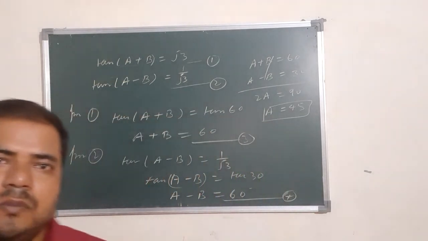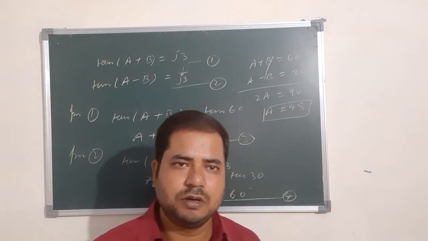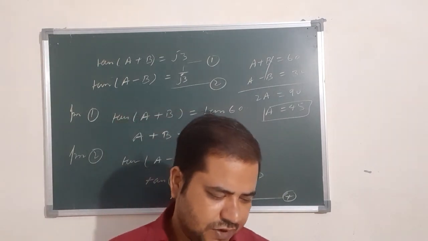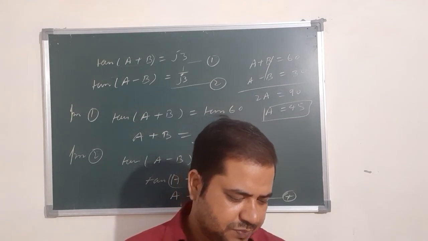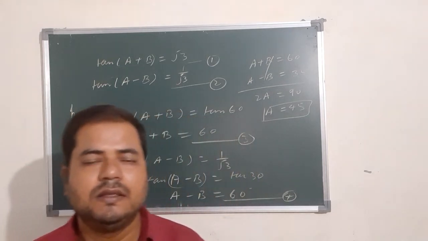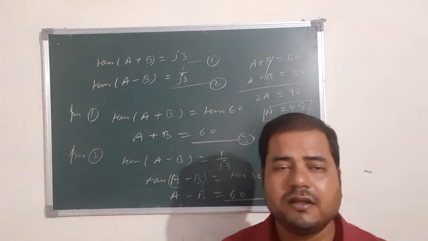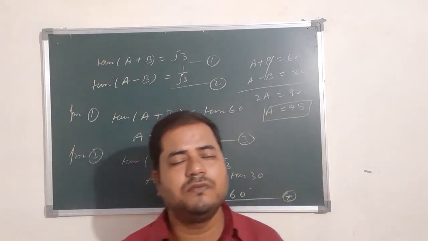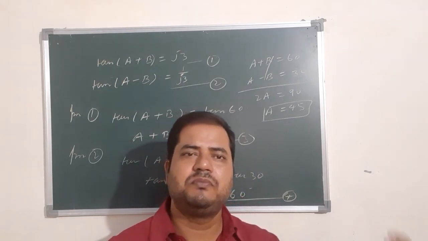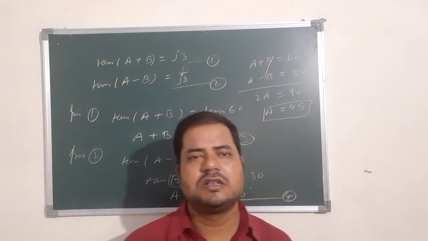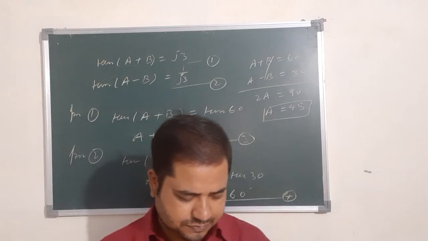Okay, I hope you have completed this one also. Now, fourth and last question of this exercise. State whether the following are true or false. Justify your answer. Sin(A plus B) is equal to sin A plus sin B. This is wrong. For checking, you have to put some values of A and B. Suppose A is equal to 30 degrees, B is equal to 60 degrees, and check it. This is incorrect, that means LHS does not equal RHS.